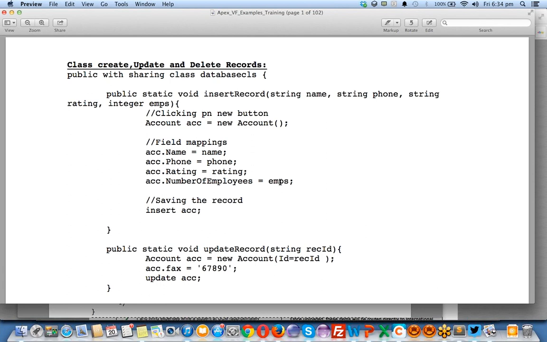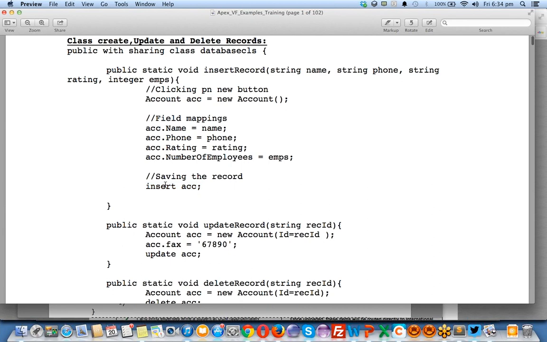Number of employees comes from the emps variable. This is an integer value, because you might get an error when you try to insert strings into an integer field. That's the reason it's an integer type. Each and every field is linked with its field type. If you insert bad values, it will throw an error in the insert operation. In that case, you have to use try and catch blocks. As I haven't used it here, I can put this insert inside a try block, and I can catch some exception if you try to insert bad values into my account object.